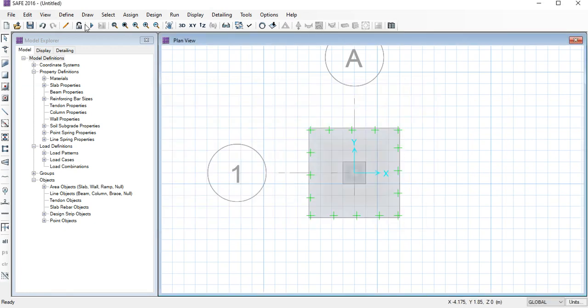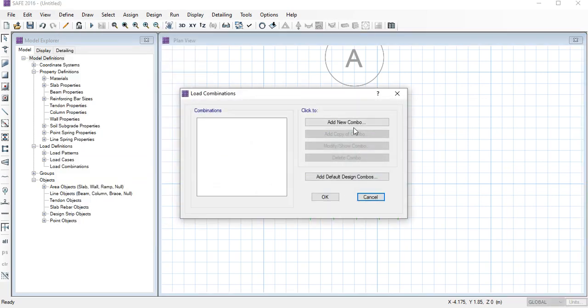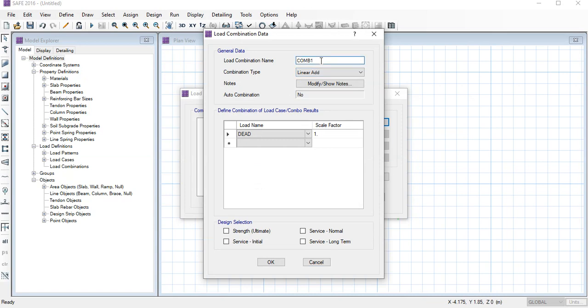So you can do these things, and also the load combination of these things. Here we can also make the load combination. Like for the footing, we are giving two combinations: one for the service load and the second for the ultimate load. So first we are going to give the service load, DL plus LL.